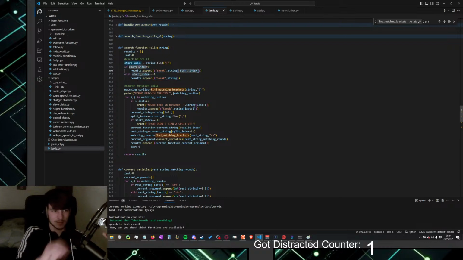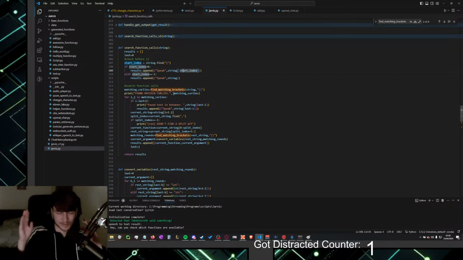What it did there is check if between the last function call and the current function call there was any text. But because there wasn't a function call before that, and I said last starts at 0, it just checked the same thing again. Okay, but I think that means I can just delete that, right?